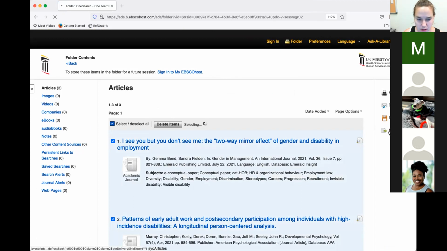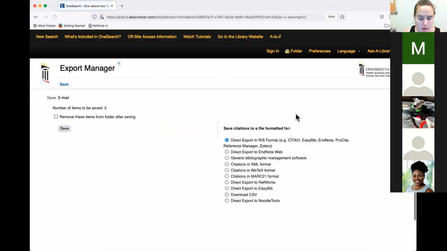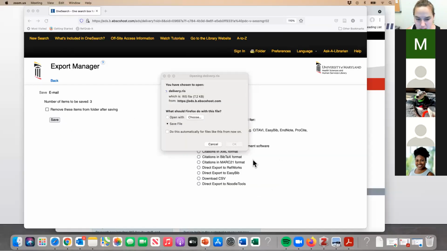So it's the same export thing here. And again, the top one is direct export in RIS format. I'm going to say save. All right, so let me switch so that you can see the whole desktop so you can see Zotero at the same time. Okay, so if I say save file,